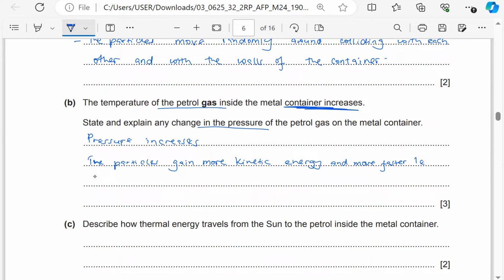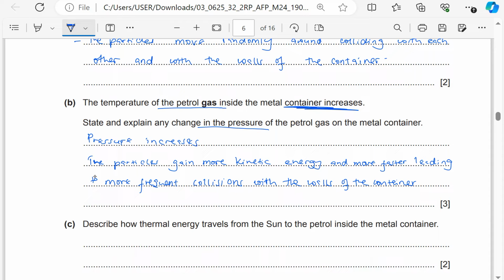So this is leading to more frequent collisions with the walls of the container, that is many collisions with the walls of the container in a short period of time,